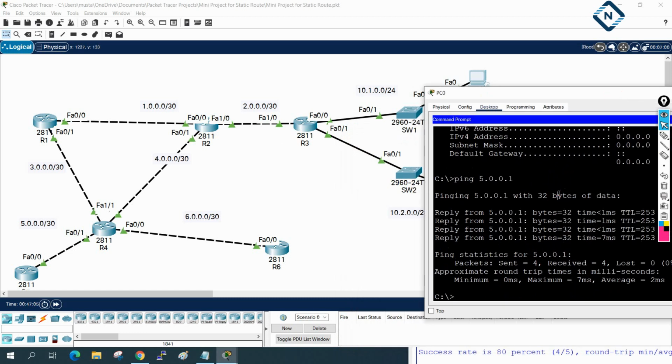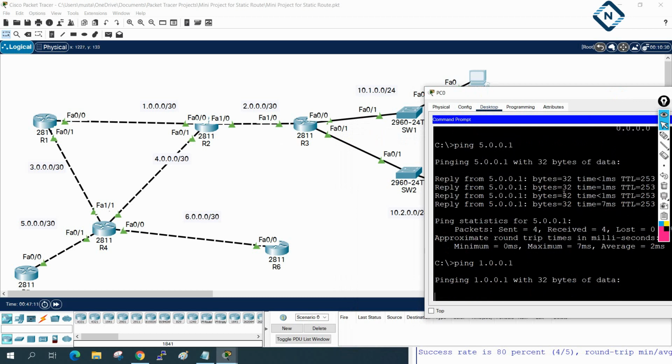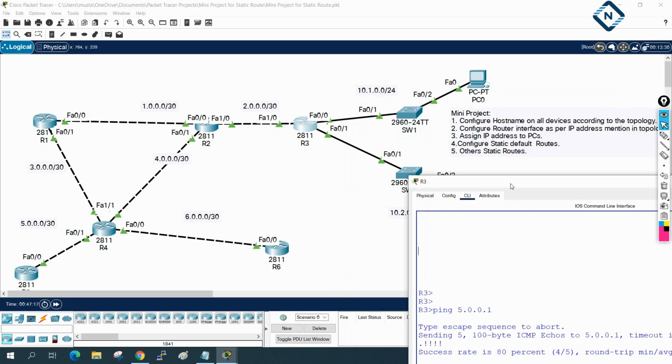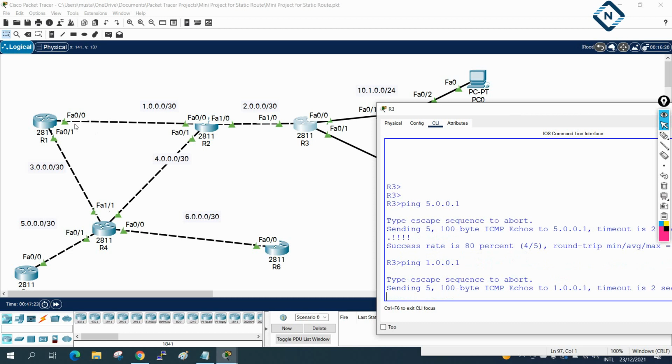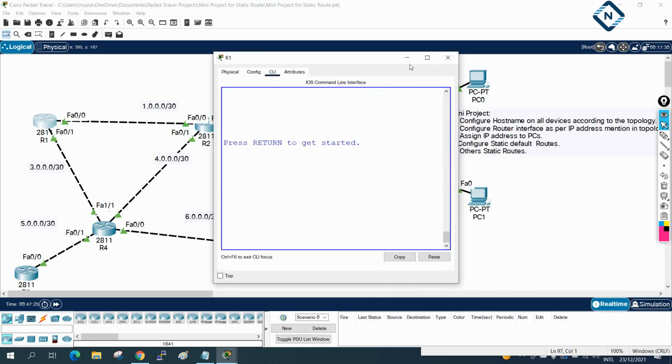If you want to ping any other, we can ping. For example, if you want to ping 1.0.0.1, it will work. We can ping from this side also, ping 1.0.0.1, this is the IP of this interface. Let me show you.